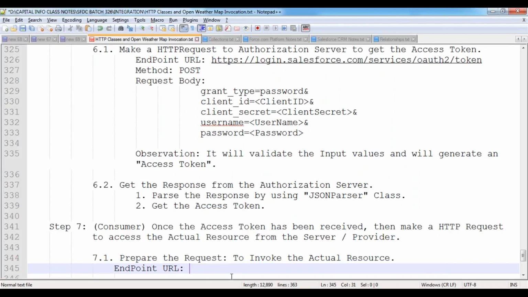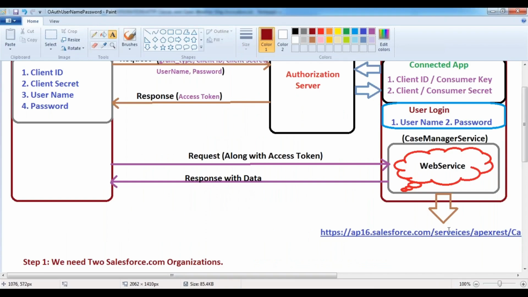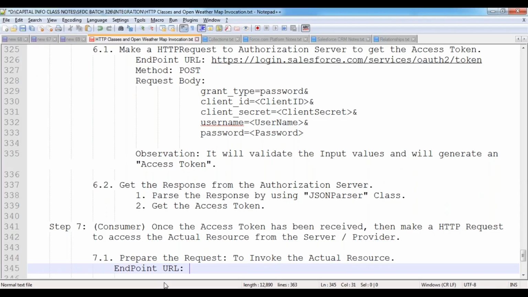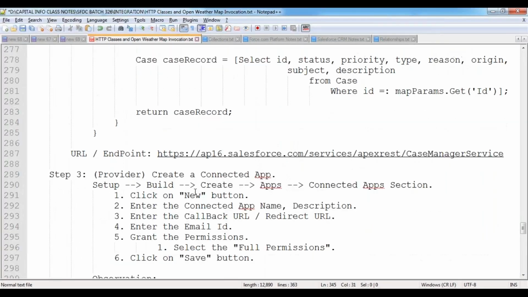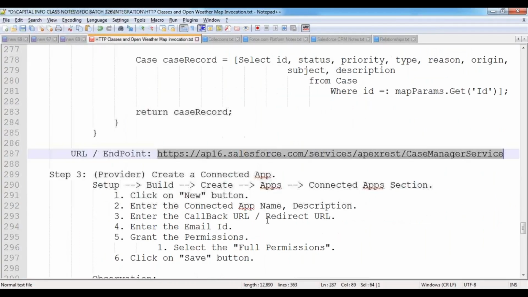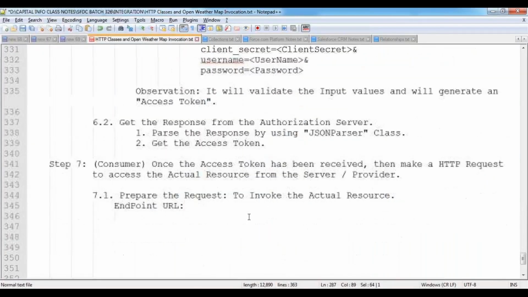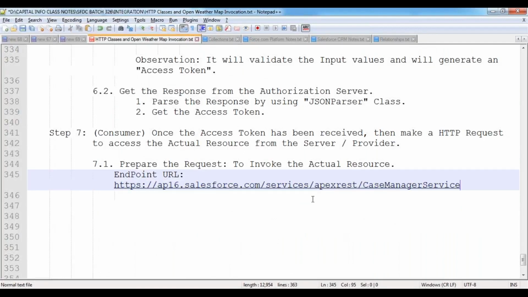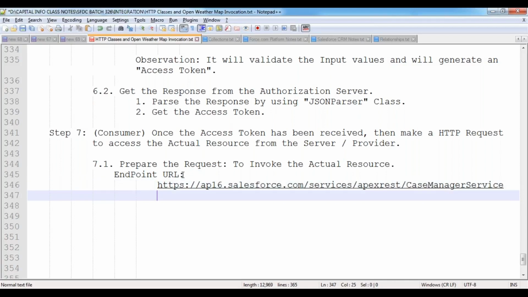So what is the endpoint URL for my resource? Here is the resource which I would like to access. This is the URL, the endpoint URL that we have right now. Along with that we need to append